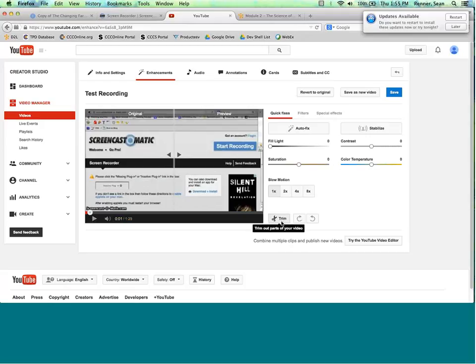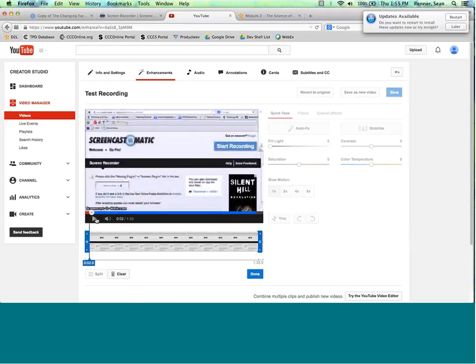Now, one other quick thing I'll show you with trim, you can actually cut out a portion in the middle too, aside from just dragging and cutting out the beginning and end like that. You can actually cut out a middle portion. So let's say I took a break here, or I made a mistake in the middle. What I can do is find the place with my playhead where I made the mistake, hit the split button, which will split my timeline right here. I'll find the place where the end of my mistake was, and where I maybe started over. I'll hit split.